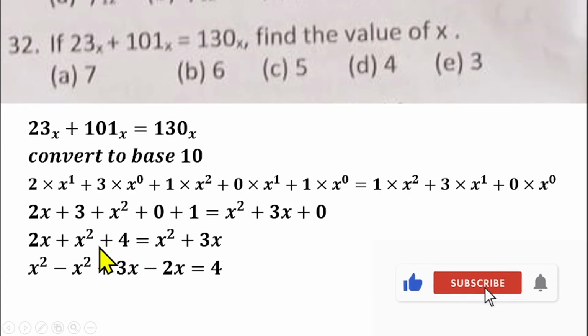So we are having s squared minus s squared by collecting like terms, then plus 3 minus 2x equals this 4. So we have moved this and this to this side. We are left with 4, which is what we are having here. s squared minus s squared gives us 0. 3s minus 2 gives us x equals 4. So that means the base of this equation is base 4,